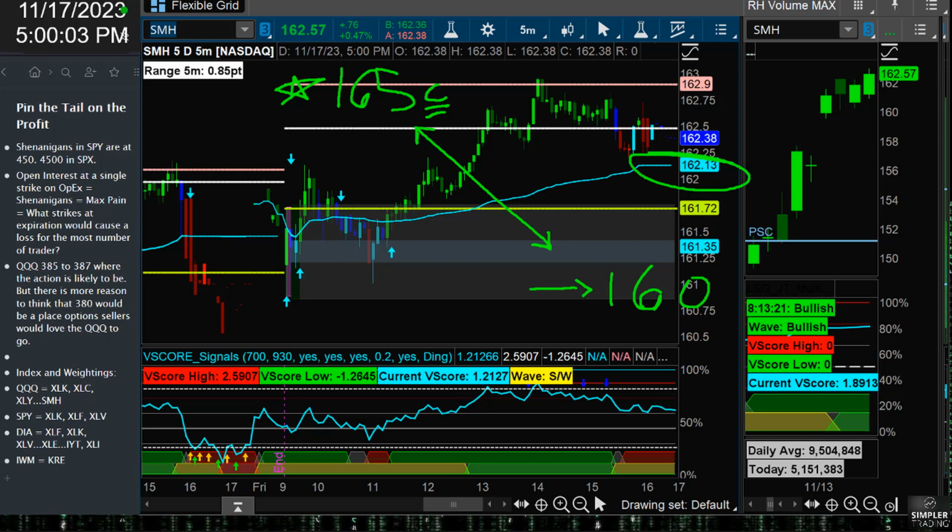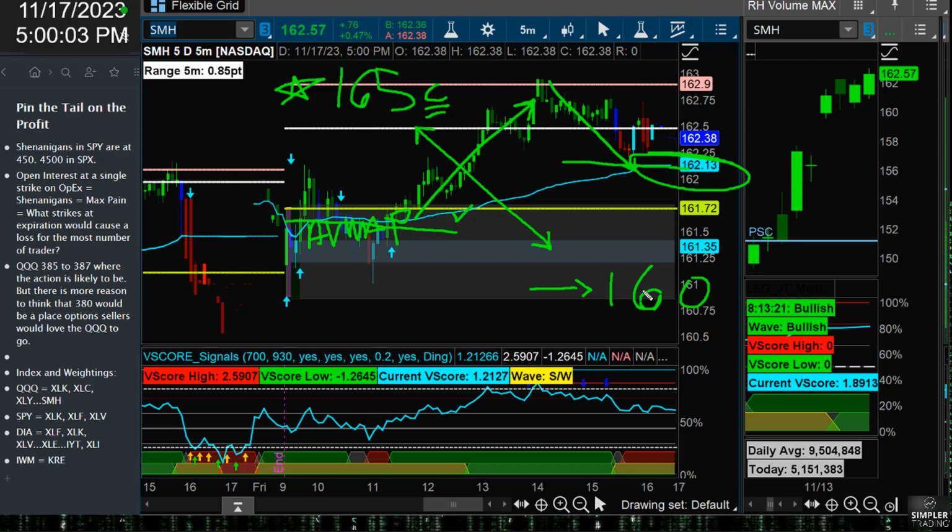But on the flip side, what else do I have? I have my anchored volume weighted average price. Where is that sitting? It's sitting at about 161.5 to 162. Look, the closer I can get a fill to the VWAP, the better off I am. If we start moving through the VWAP, I probably don't want to overstay my welcome, because again, now I'm moving away from where price is likely to get pulled back down to. And again, the second most liquid level after 165 was 160.